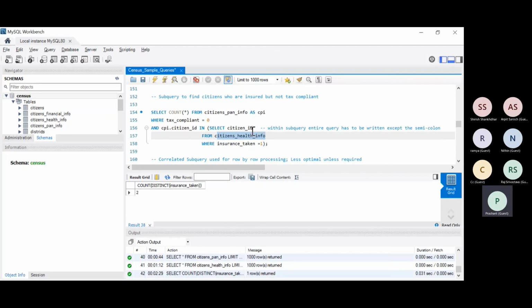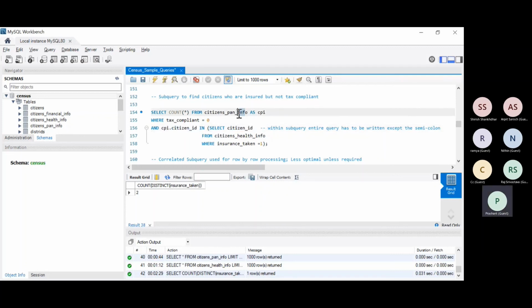When I get this citizen ID, where the insurance value is 1, I will get a table with the values of all the citizen IDs: one column and multiple rows. And then I would compare this citizen ID with the citizen ID of